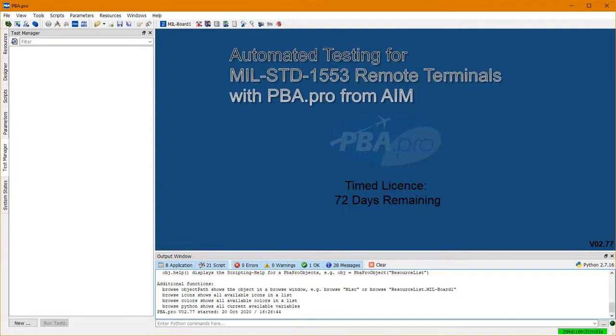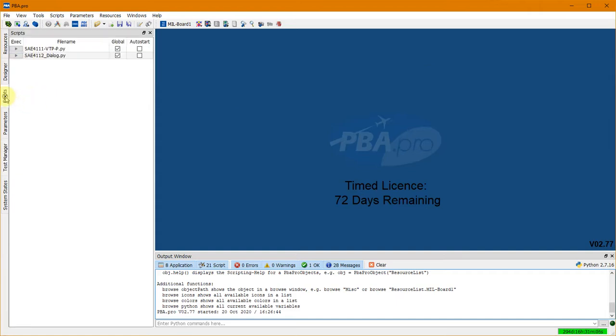1553 Remote Terminal Automated Testing with PBA.pro from AIM. We begin in the Script Manager panel and run a setup file, which prepares a section of the validation test